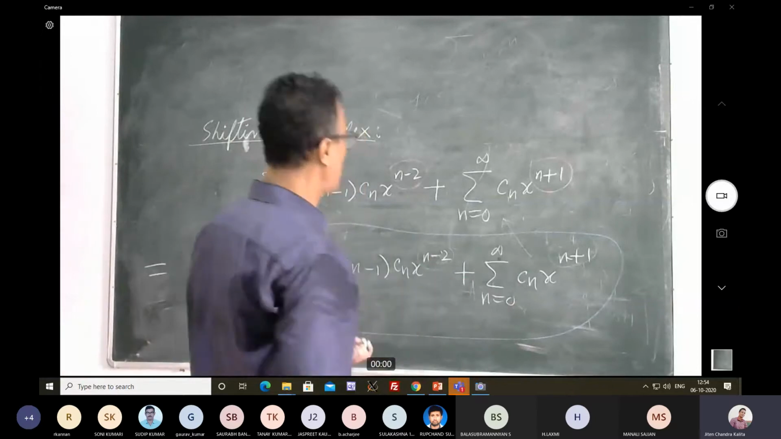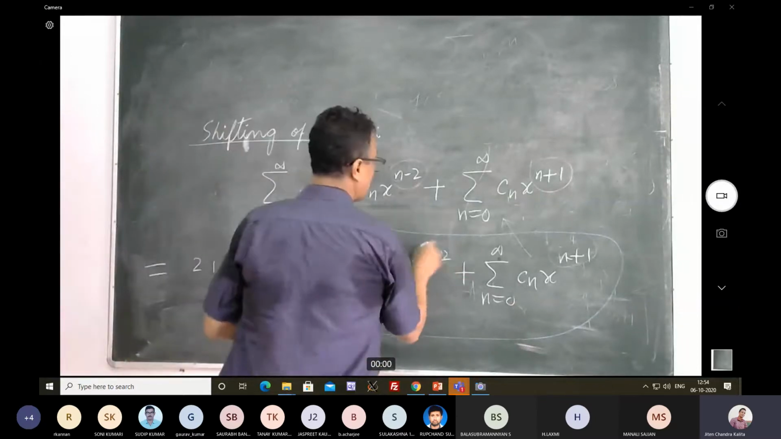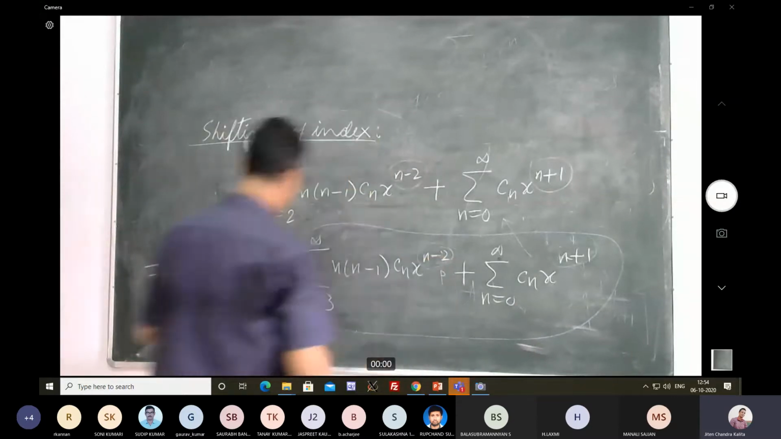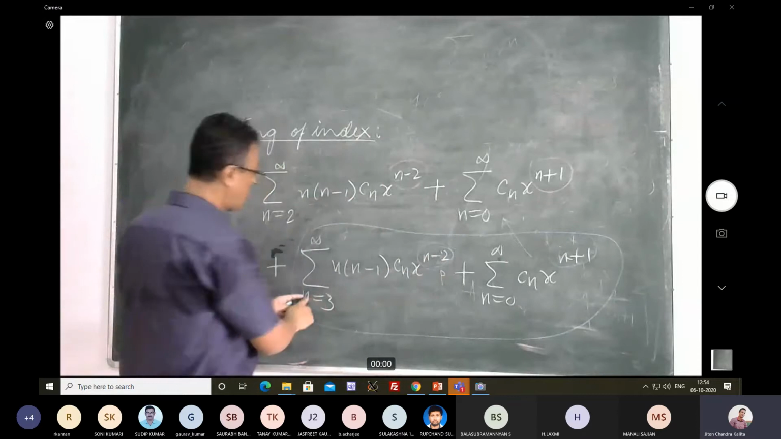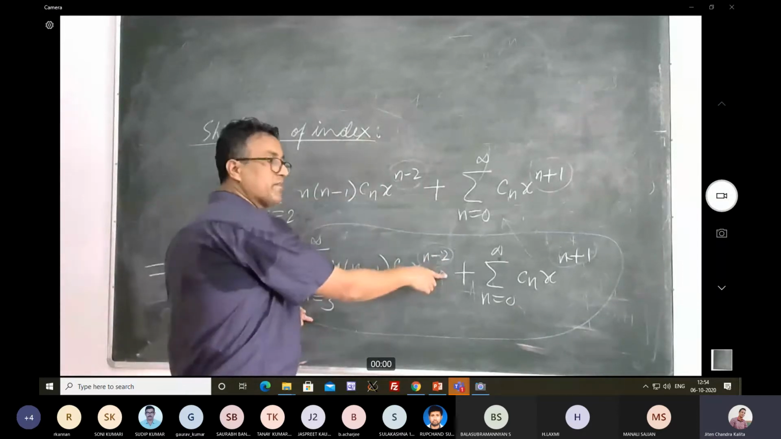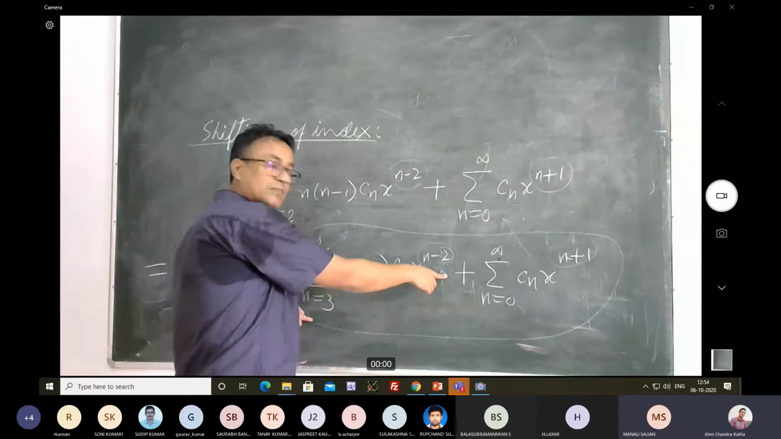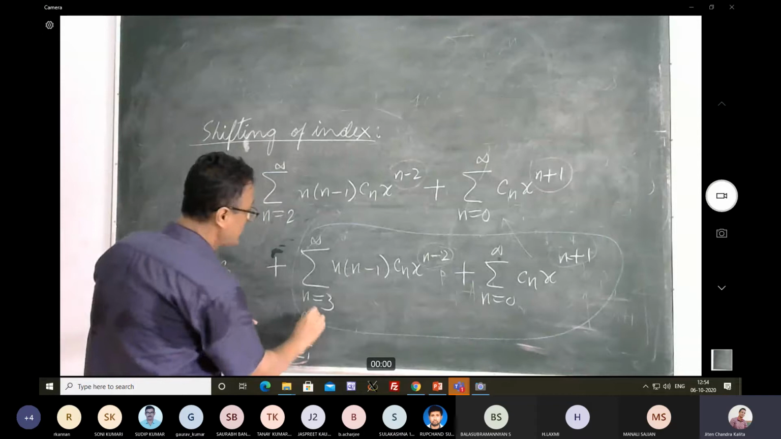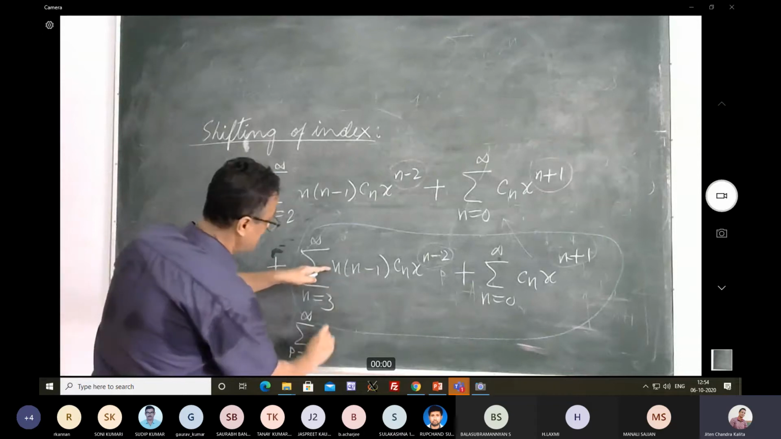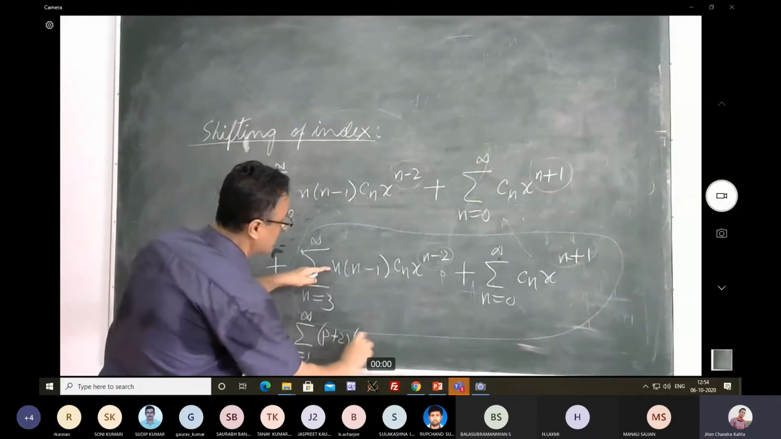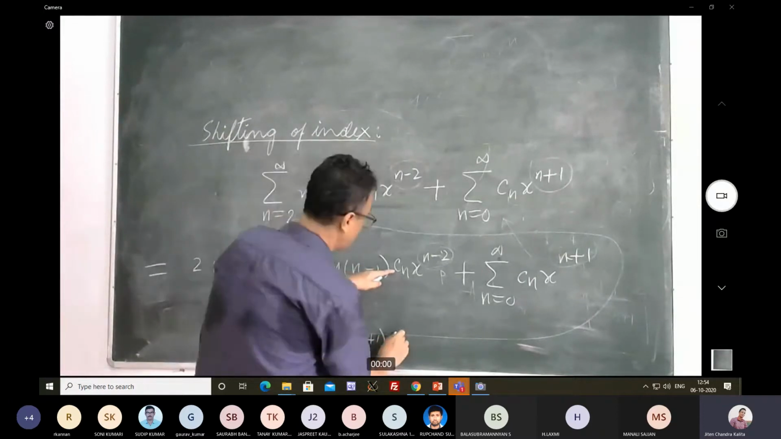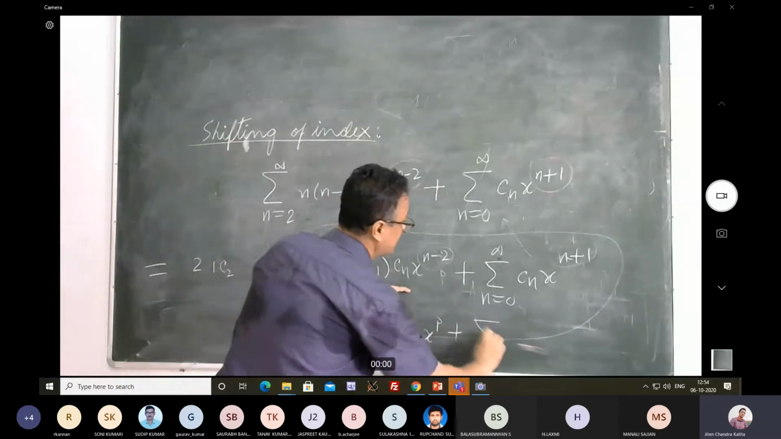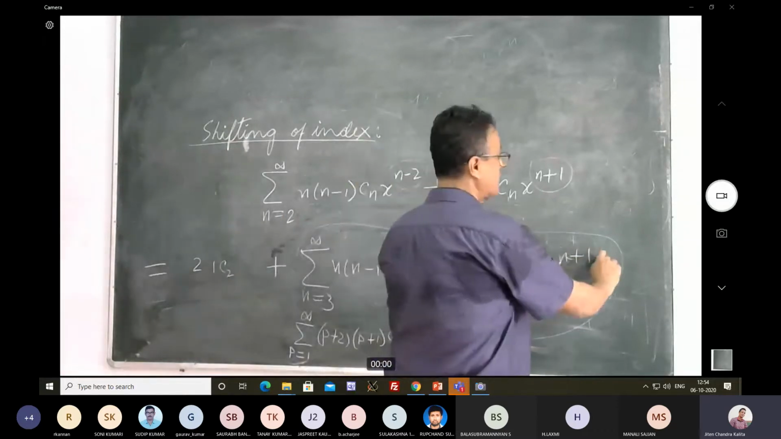Okay. For example, now what I'm going to do here, I'm going to make n minus 2 equal to p. If n minus 2 equal to p, then corresponding to n equal to 3, p is going to be 1. So this is going to start from p equal to 1 to infinity. So n has become p plus 2. So this is going to be p plus 1, and this is going to be c_(p+2) x to the power p. And then again, here you plug in n plus 1 equal to p,